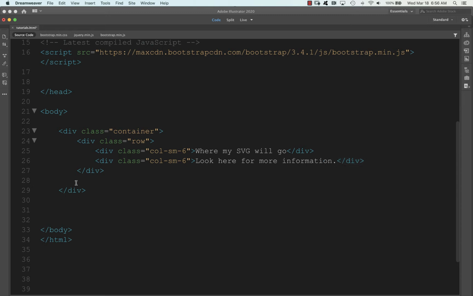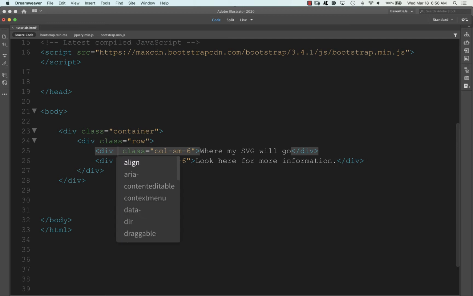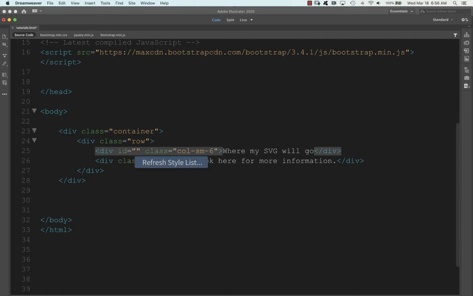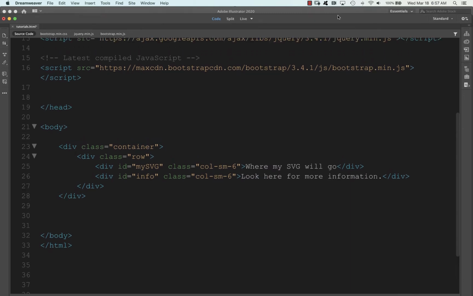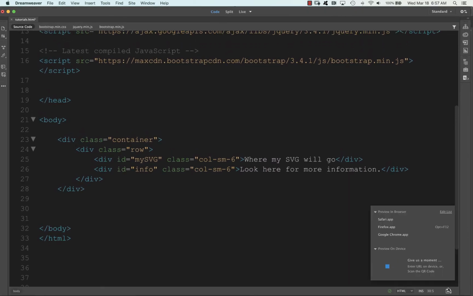So we know if we're going to change or manipulate these divs at all, they need to have IDs, because I need to be able to individually target those particular ones. So I'm going to go back and add an ID here. I'll just call it mySvg. Doesn't matter what it's called as long as it's something unique. And then I'm going to add a second one called info, because this is my info box that I'm going to change information in. So when I click on an element in my SVG, the new content is going to go here. So if I preview this in the browser,